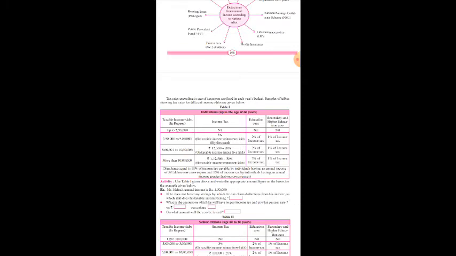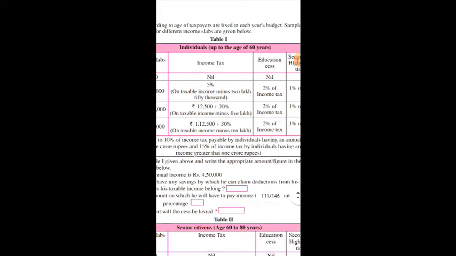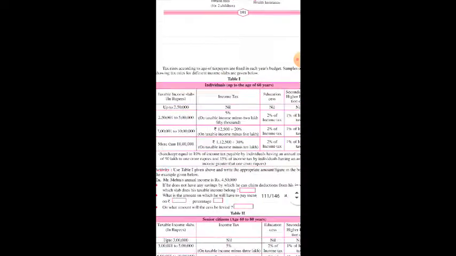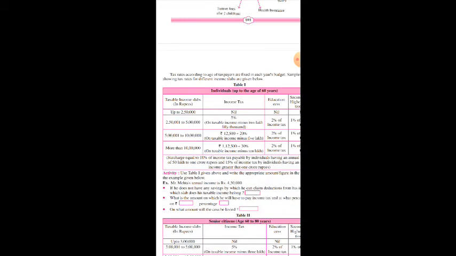Okay, now see the third one over there. मोर देन 10 लाख, अगर आपके पास 10 लाख से ज्यादा है, आपकी इनकम 10 लाख से ज्यादा है, so how much amount you have to pay as an income tax? See over there, आपको कंपल्सरी अमाउंट भरना है 1,12,500 प्लस 30% ऑन टैक्सेबल इनकम माइनस 10 लाख. Okay, it means आपने लिमिट क्रॉस की है तो आपको 1,12,500 भरना ही है. उसके बाद अगर आपके पास 12 लाख है, यानी 10 लाख से ज्यादा है,